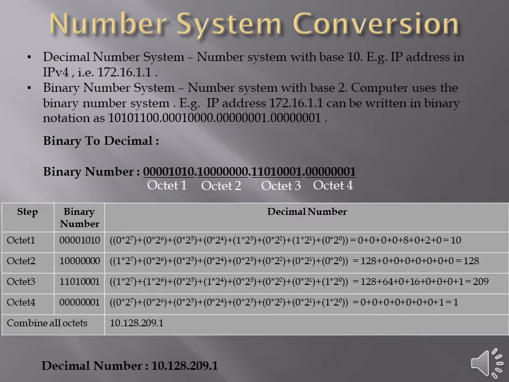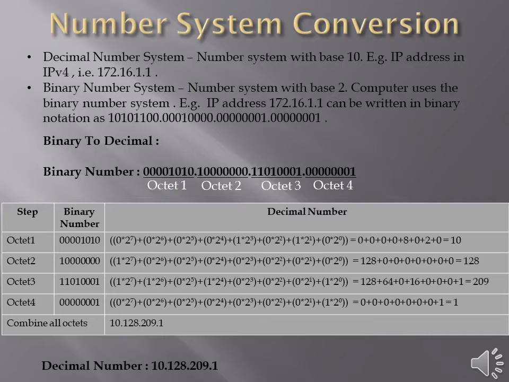For converting this octet 1 number to a decimal number, which will give the result of octet 1 in decimal, we will use this formula. First of all, we will start from the right hand side. In the formula, you can see that on the rightmost side we are multiplying 0 with 2 raised to power 0, because the last bit of octet 1 is 0. So we are multiplying it with 2 raised to power 0.